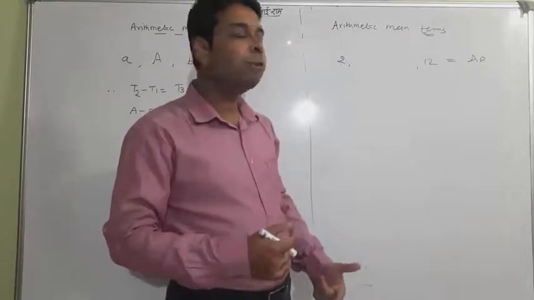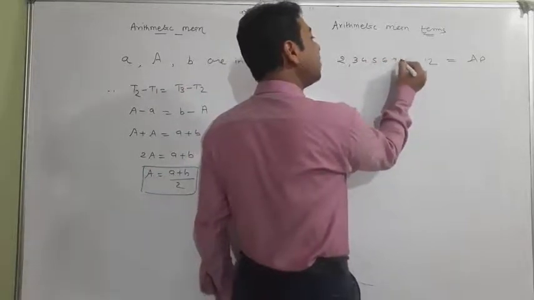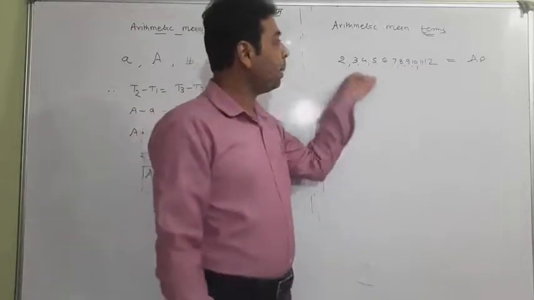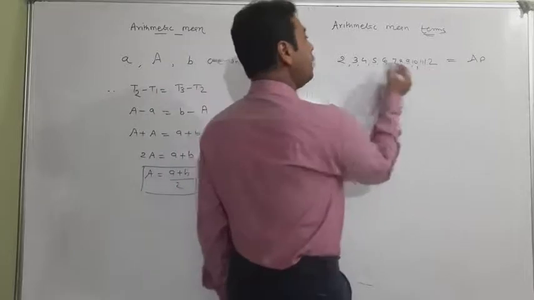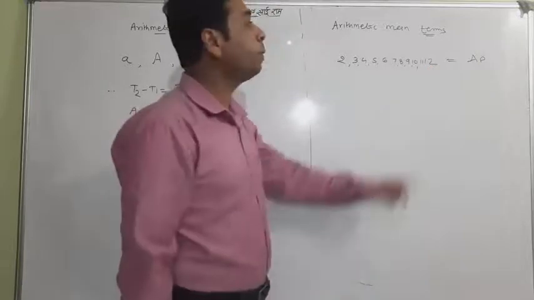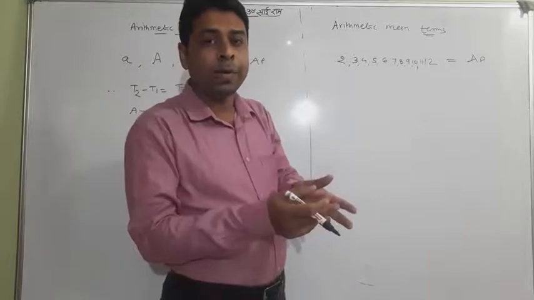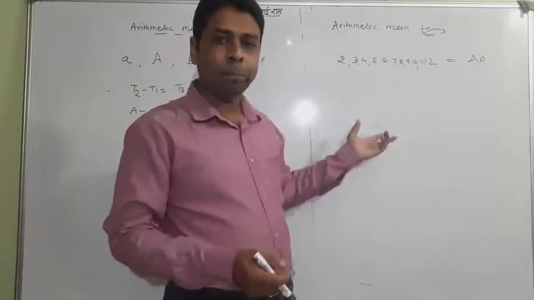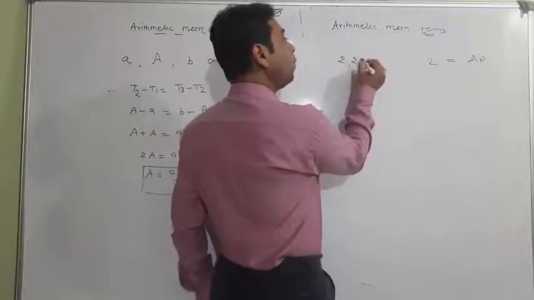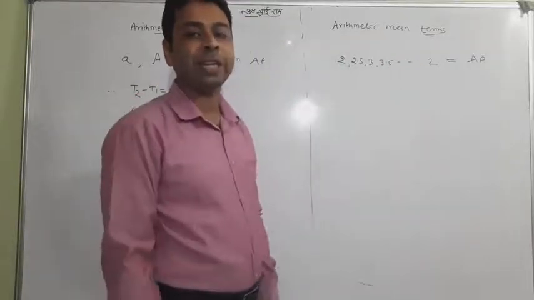Like if I say that after 2, I'm writing 3, 4, 5, 6, 7, 8, 9, 10, 11 and 12, what do you think? This is again an AP. So between 2 and 12 we have 1, 2, 3, 4, 5, 6, 7, 8, 9 arithmetic mean terms created. Now what is important is what is set. You may want to insert 4 arithmetic means, or 9. Suppose after 2 comes 2.5, 3, 3.5 and so on. So the number of mean terms will exceed.